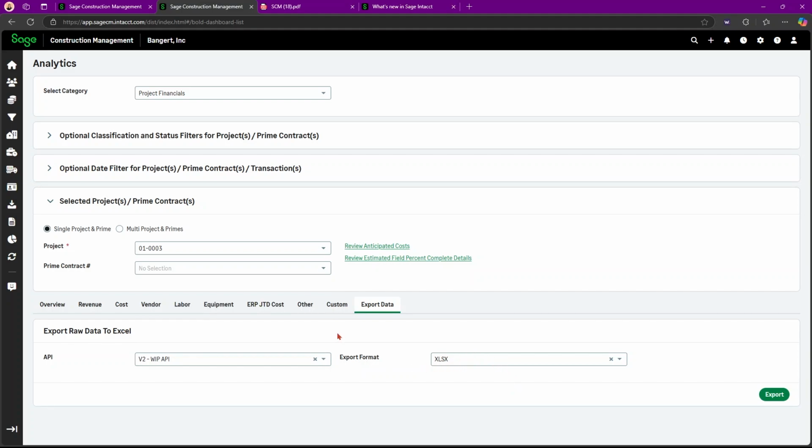Then on the dashboards of the analytics, there is a new by summary dashboards for retainage, which consist of cross-project and prime and sub invoice retainage overview. And that is it for SCM's new things that are in Intacct's R4 release 2024.